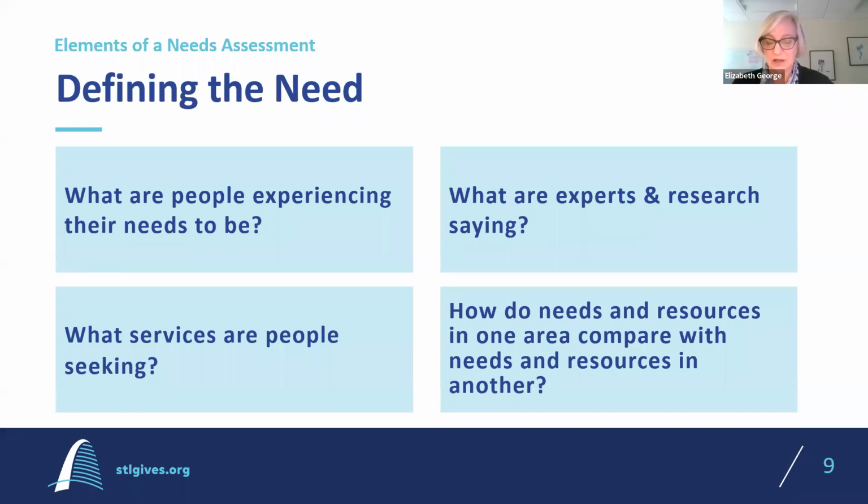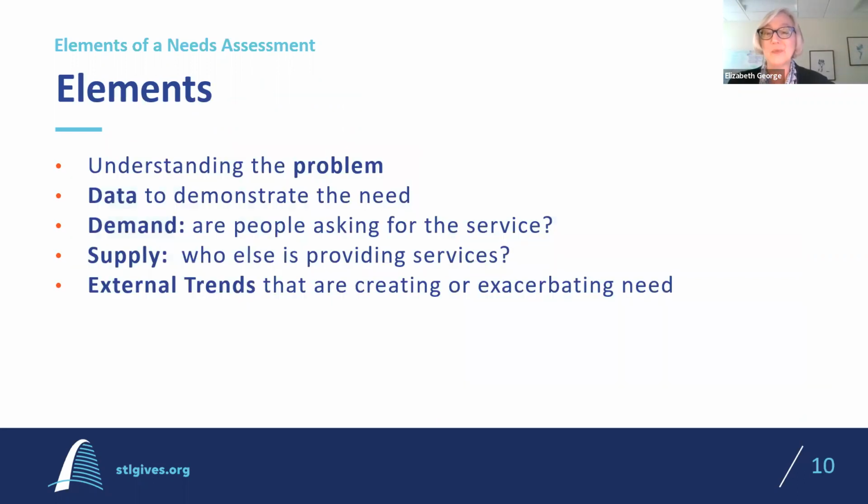I was on a call this morning around the Missouri Senior Report that they're updating. That's one that provides comparative data county by county around seniors or older adults. So that's an example of where you can find that kind of comparative data. We're going to go at the end of this presentation and give you a list of some different resources. So where to find data is coming.